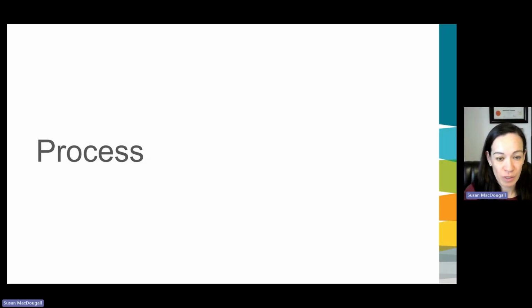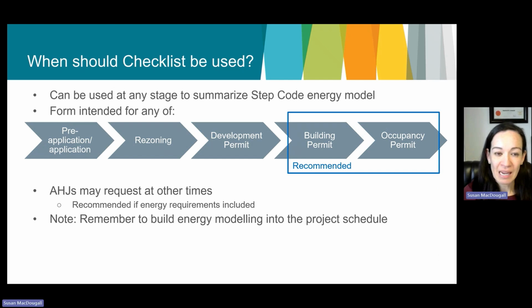So we'll wrap things up with a quick discussion about process, how and when the checklist should be used, and a couple of key takeaways. As for when the checklist should be used, it can really be used at any stage during the building design process to summarize a step code energy model. However, it's certainly recommended at building permit and occupancy permit because that's when the step code requires energy modeling and